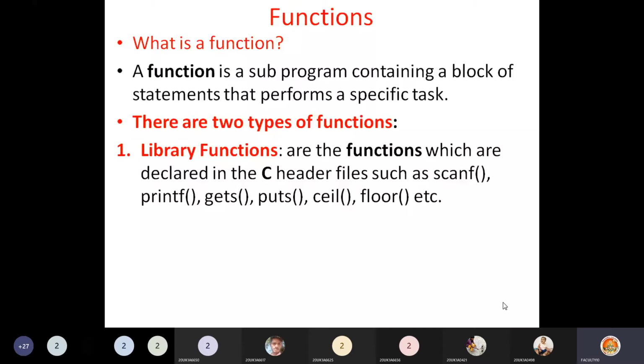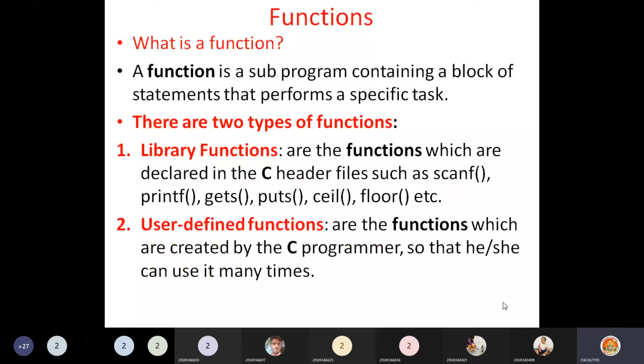See, in C programming, when you write a statement like printf, you are calling that printf function. When you write a scanf statement, you are calling that scanf function. Directly from your program it goes to the stdio.h header file, where there is a program for that printf or scanf, and it executes that code. That's why you can see something printed on the screen, or scanf reading from the keyboard. All this happens only when their code is executed. Their code is already defined and stored in the library, which is why they are called library functions.